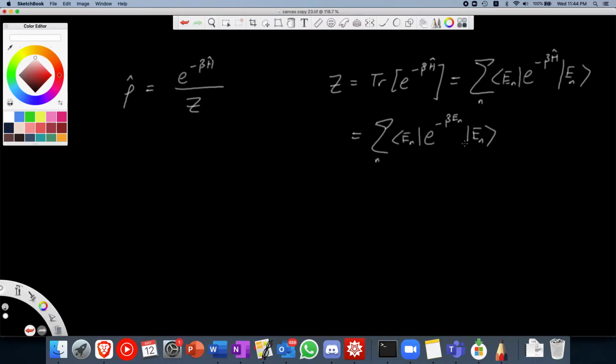Okay, and because this is just a complex number, we can bring it outside, and then bra E_n ket E_n is normalized, so that actually just gives us